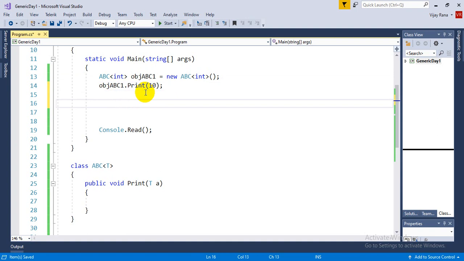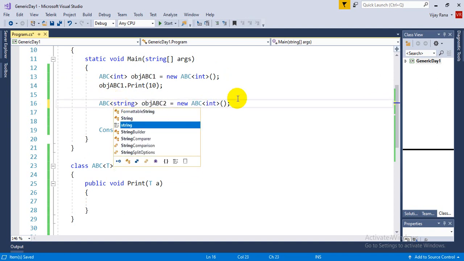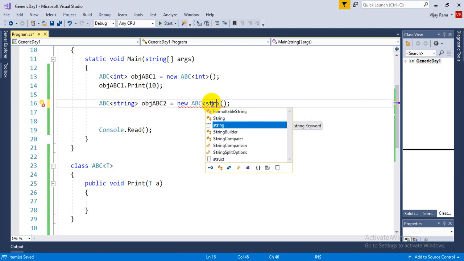Let me call this. Now I'm creating another object, obj2. This time I am calling this method for the string data type.